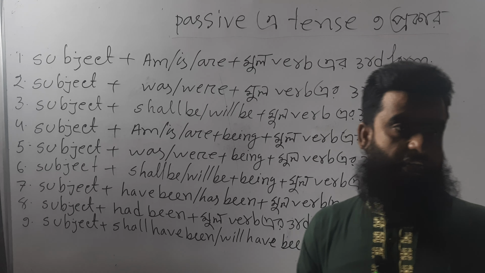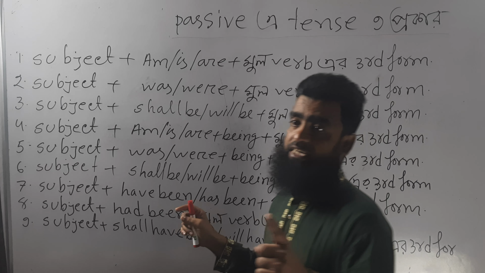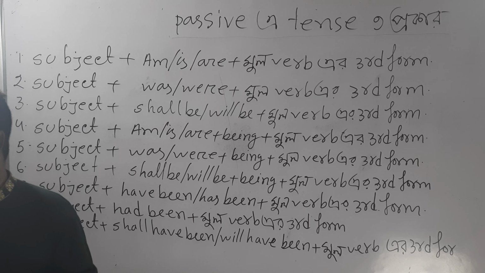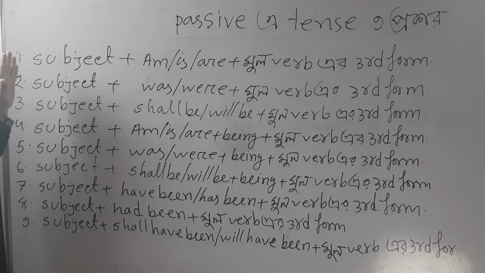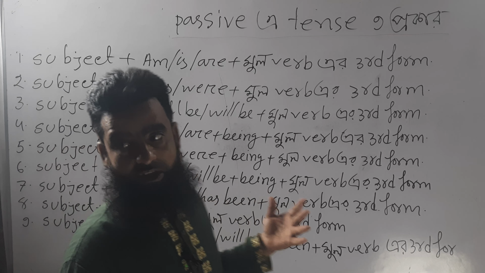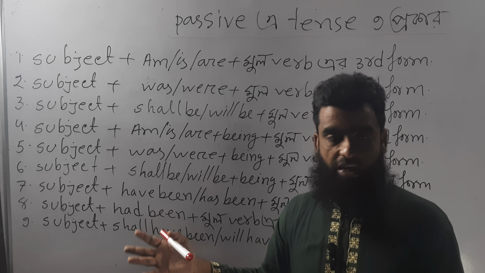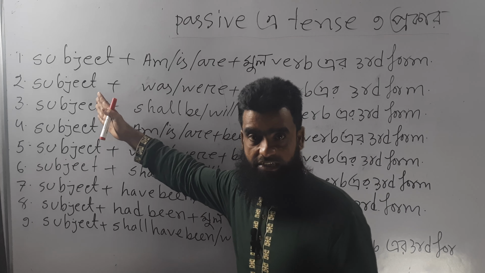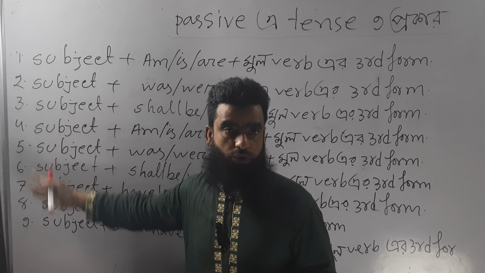Always we have to use an inactive subject in the passive voice. This subject will not do anything. Understand? This subject will be led by others, by him, by me, by them, by Rohim, by Kamal. This subject will not be able to do the work,